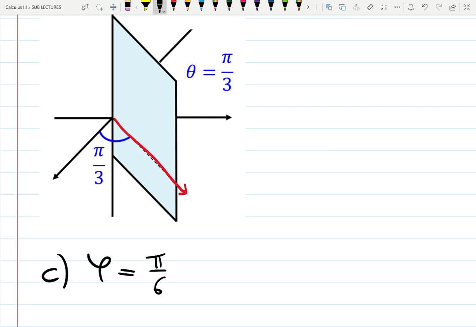So phi is fixed, but radius keeps increasing. So I can go away from the paper as much as I want, because radius is anything. On the floor, it's not fixed either. So theta is not fixed. I'm just rotating as much as I want. Maybe the full circle, maybe half of the circle, but the full circle from 0 to pi. So I can complete the full circle. The only thing that is fixed is this angle, like so. If the angle is fixed,